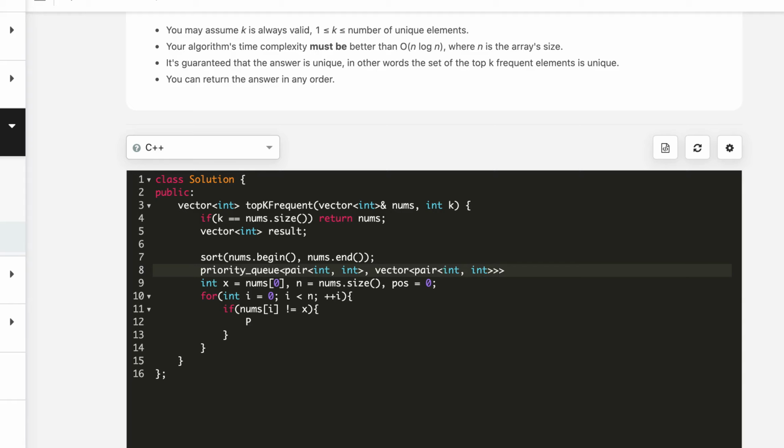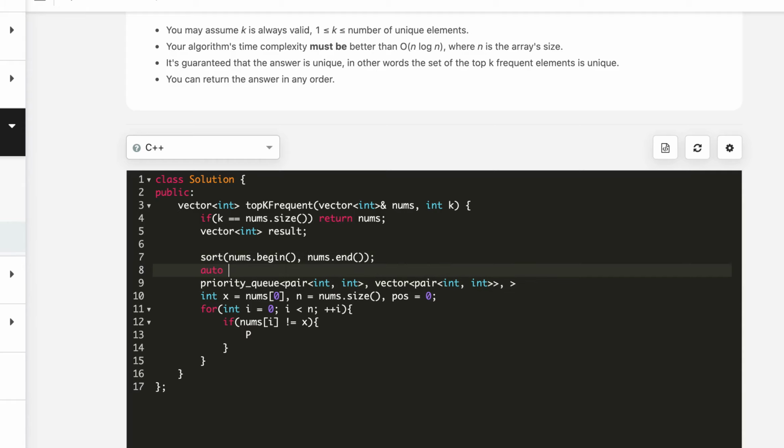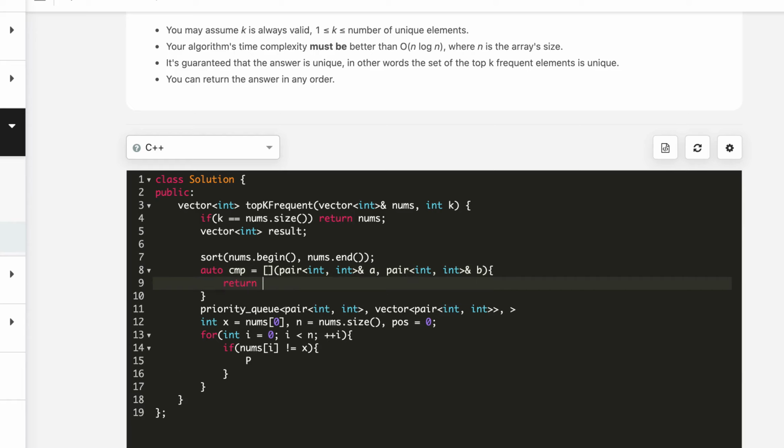And then we will provide a comparator. Here the comparator is the second element, which is the count.